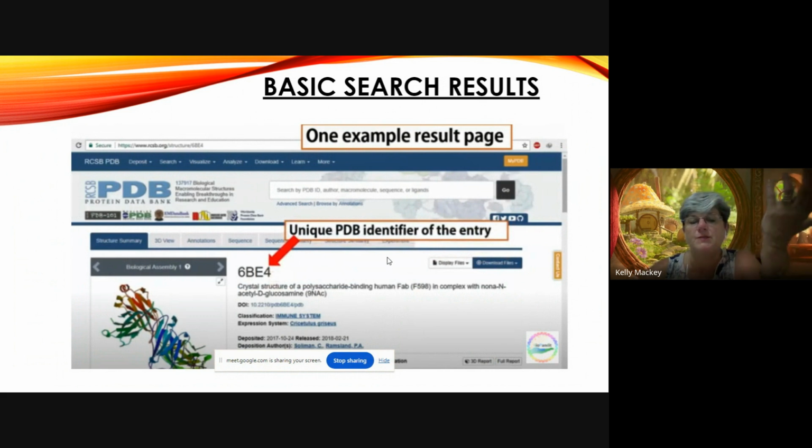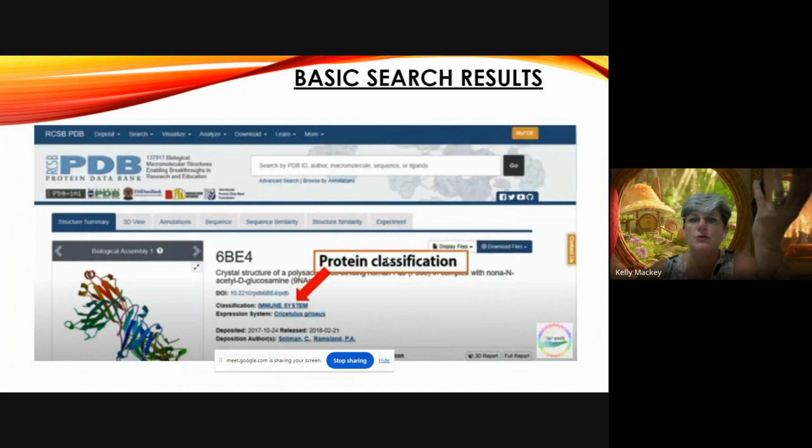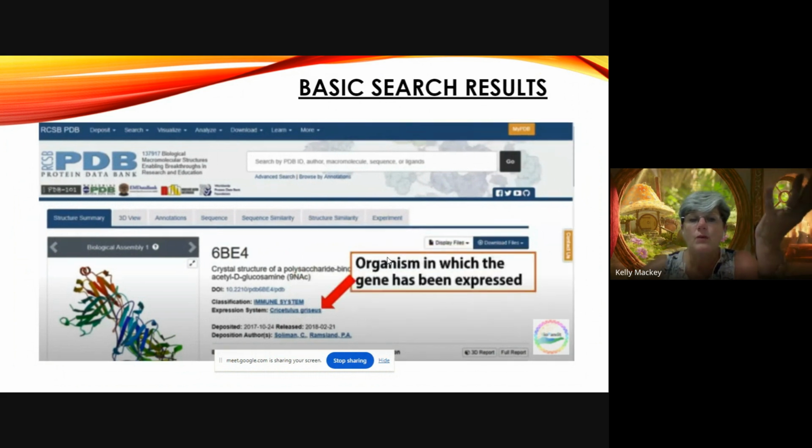So here is 6BE4. It is a protein. It tells you exactly what it is, what the protein is. It gives you what it's classified as, where it works in, I guess, living systems. The organism where it had been expressed from. Most of ours come from bacteria, although here in the Protein Data Bank, they have them from vertebrates, including humans and chickens and all sorts of things. You kind of have to know also the difference between a regular bacteria and an archaebacteria, because that could change